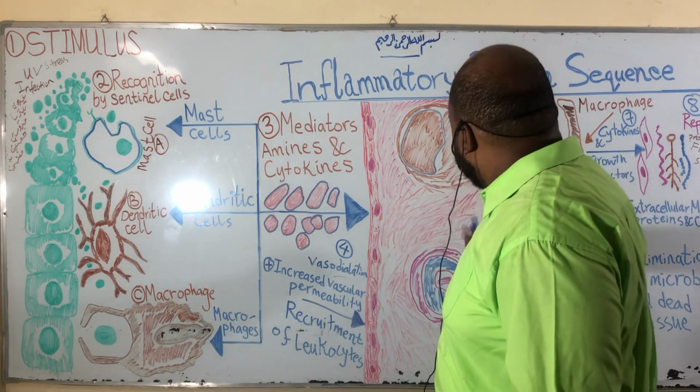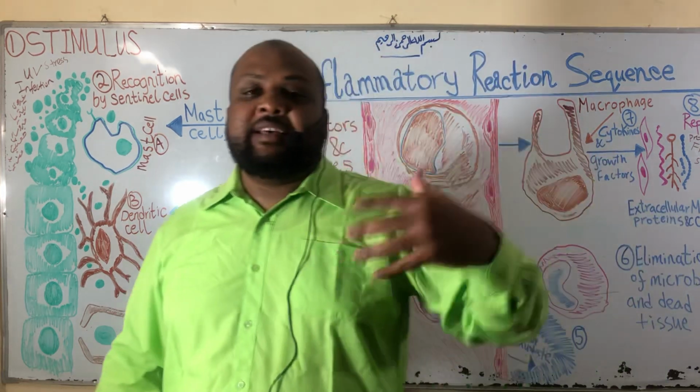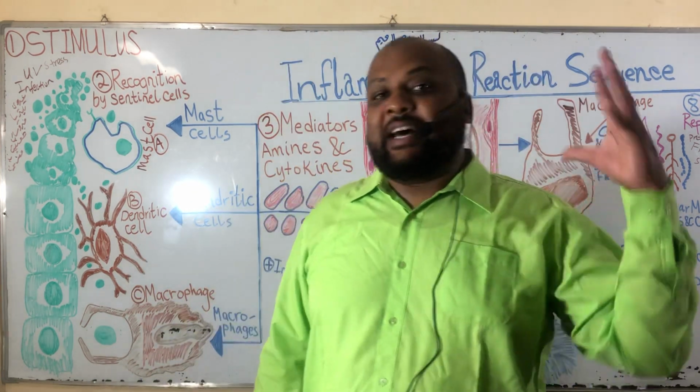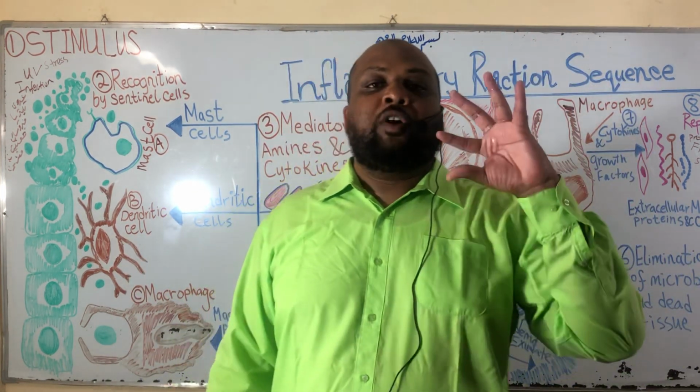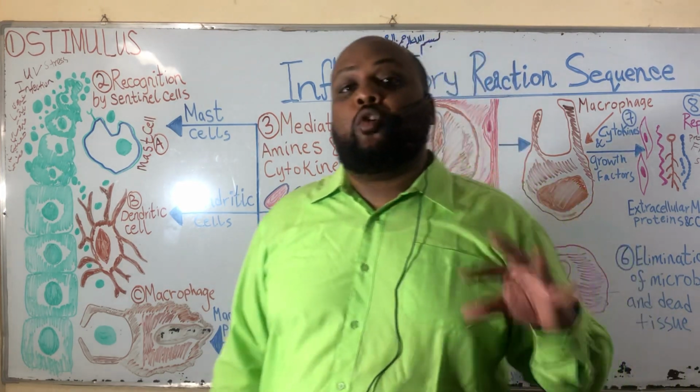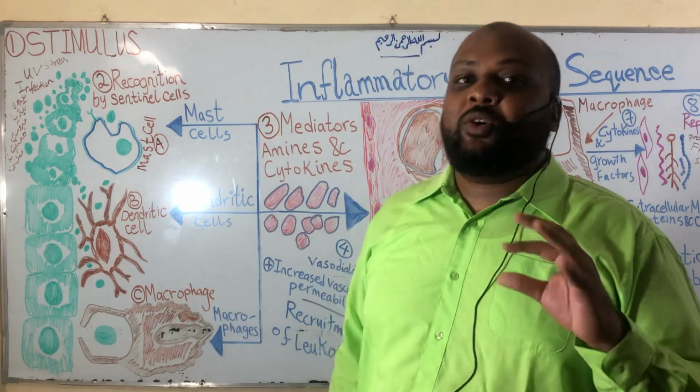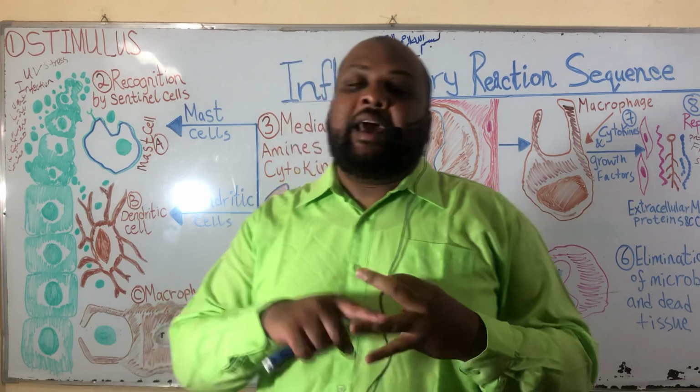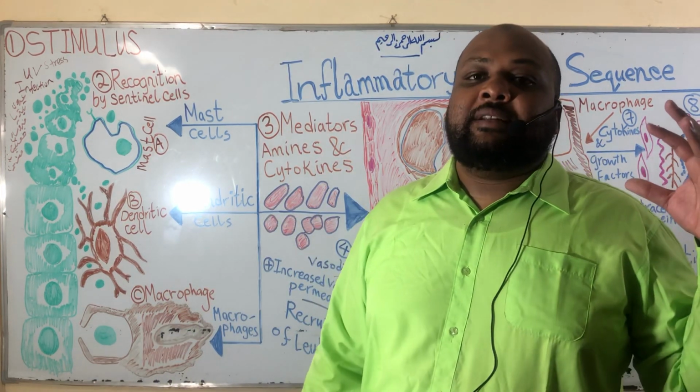I will show you in the diagram in a little bit. So now you will have a second round of white blood cells, a second round of immune cells known as monocytes and macrophages,